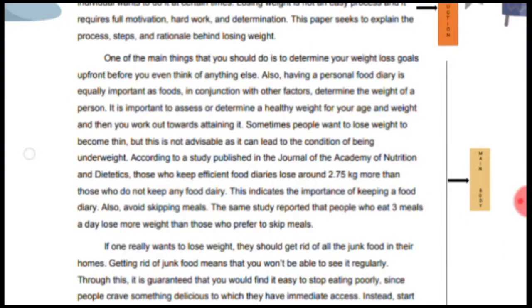And the next is the main body. The main body is located in paragraphs 2, 3, 4, and 5 because the contents discussed are about